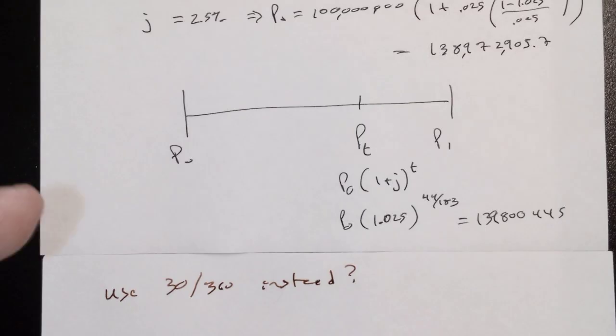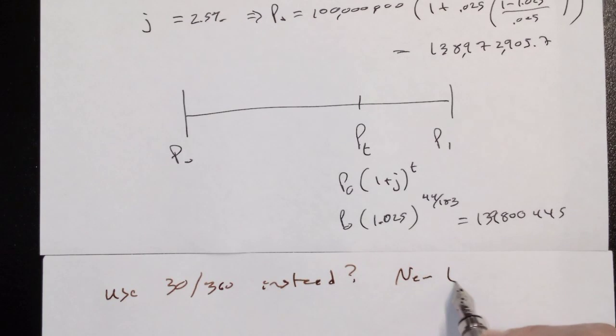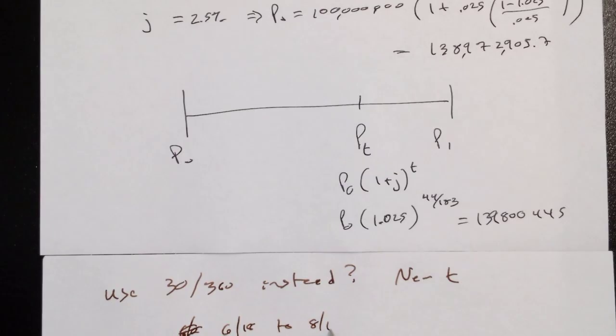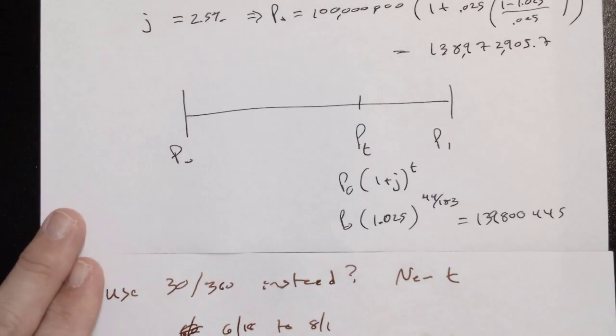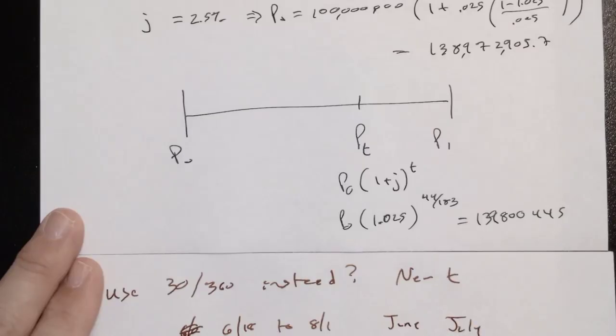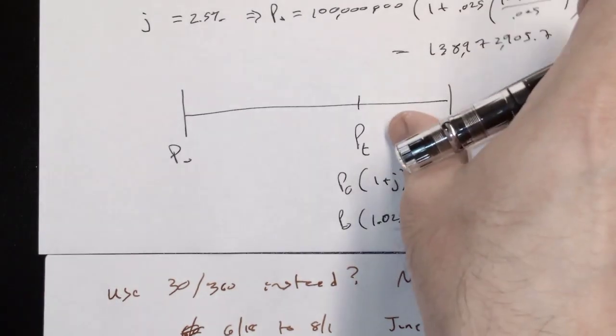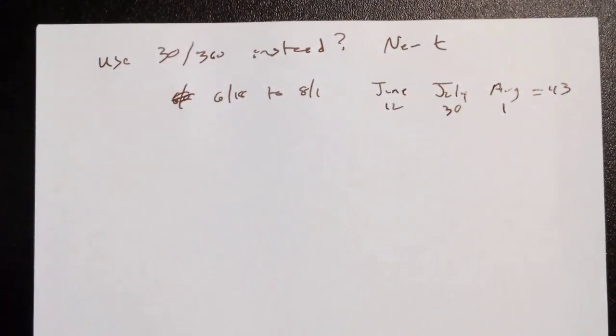Well, the only thing that's going to change throughout this entire calculation is T. I get a new T. So again, I'm going to ask, from 6/18 to 8/1, how many days? Because this time I have 12 days in June, but July only has 30. And my period is